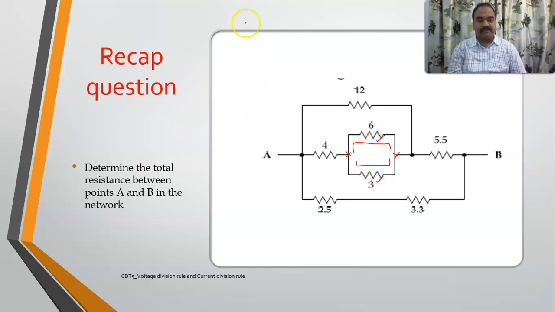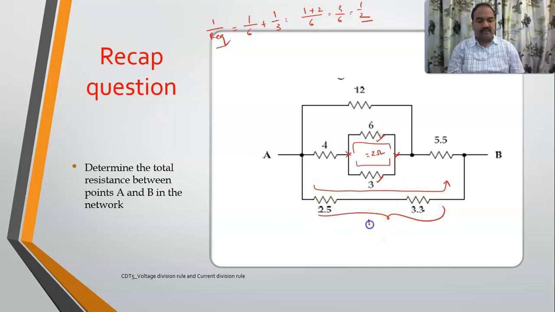So the equivalent value is 1 by 6 plus 1 by 3, isn't it? So what is its value? LCM is 6. 1 plus 2, it is 3 by 6, it is 1 by 2. So 1 by R equivalent is 1 by 2. So the R equivalent value is 2 ohms, isn't it? Now these two, they are carrying the same current, isn't it? So which means that they are in series. So what is the summation of these two then? R1 plus R2, it is 5.8, right? So if I redraw the circuit now,